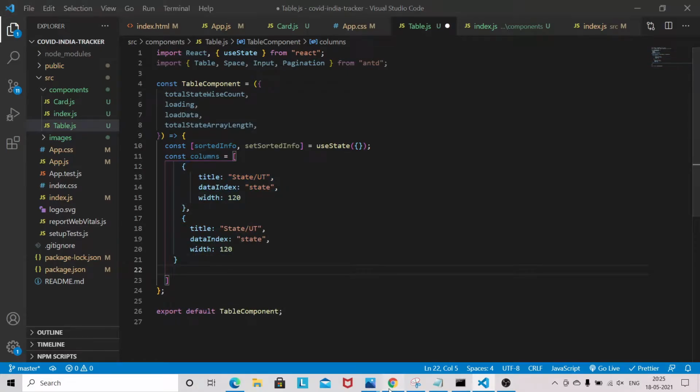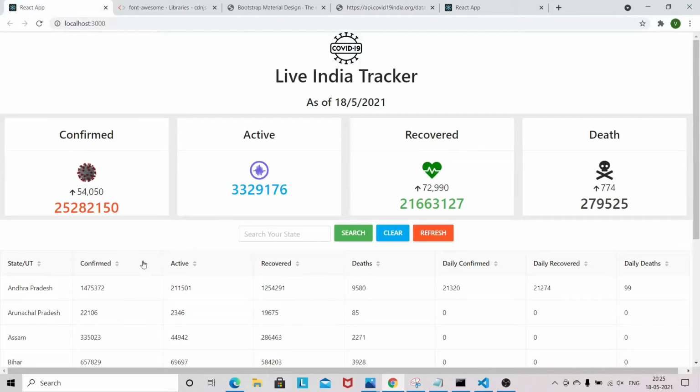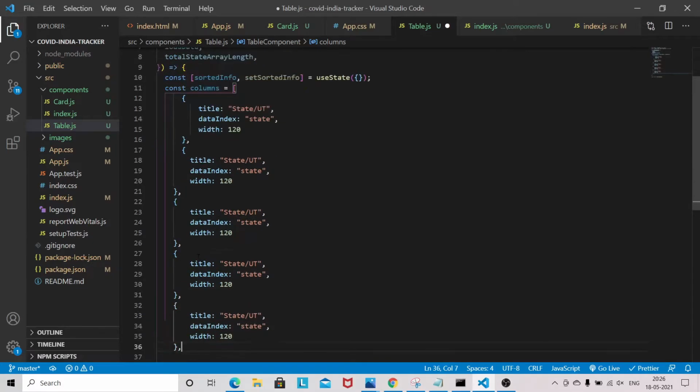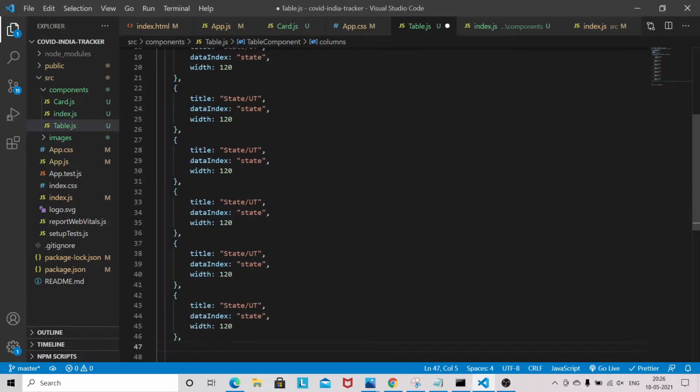How many columns are we showing? You can see 1, 2, 3, 4, 5, 6, 8. So 8 columns we are showing. We will copy it 8 times, and the letters will change.